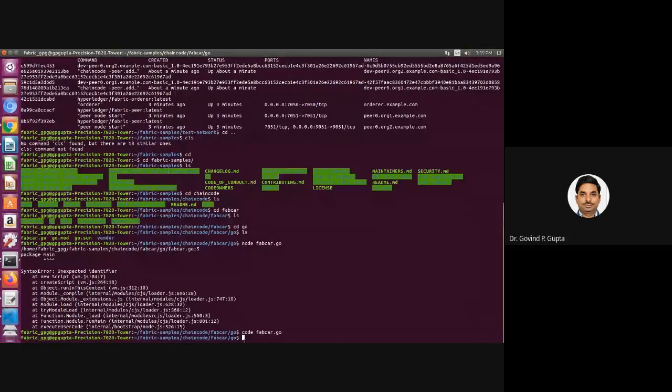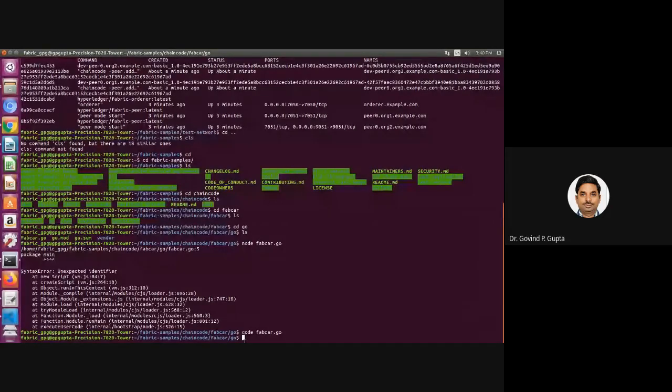Once the chaincode is deployed and Docker is executed, you can access your blockchain network using the URL. There is no need to use the command line interface. Since I'm using the Go language, that's why I'm using the command line interface. If you opt for Java or JavaScript, there is no need to use the command line interface.